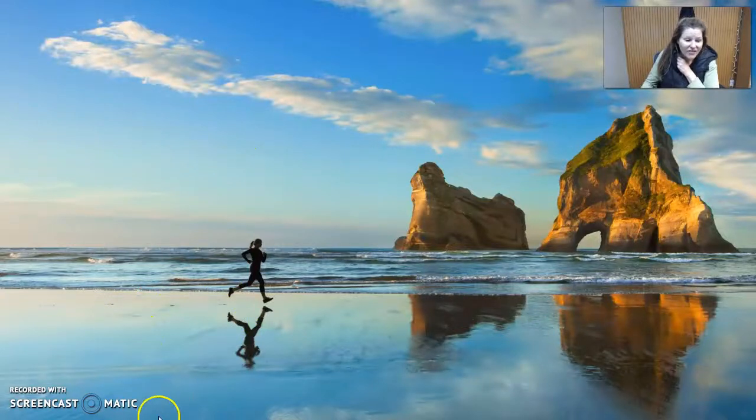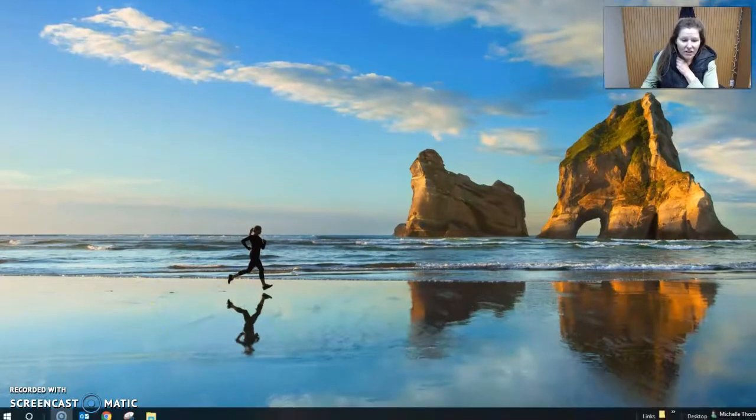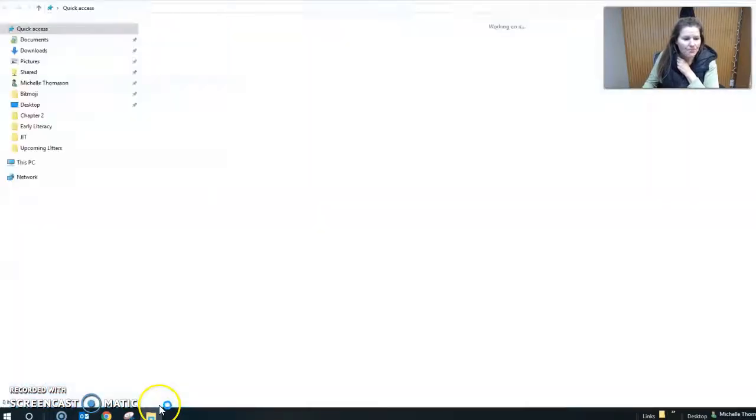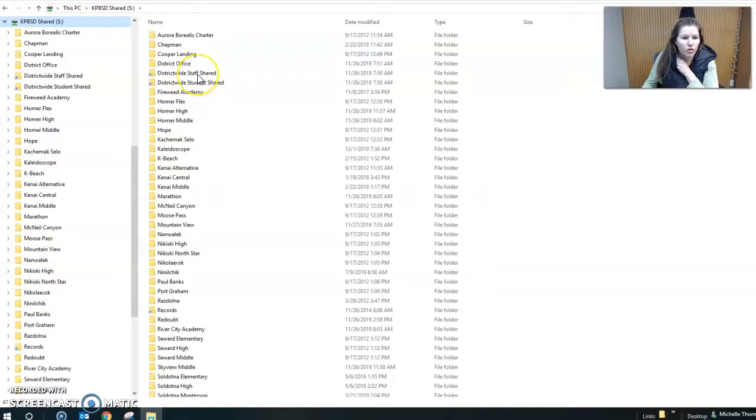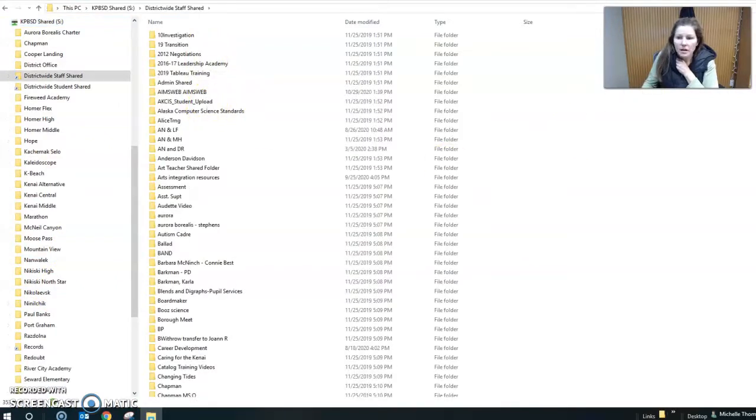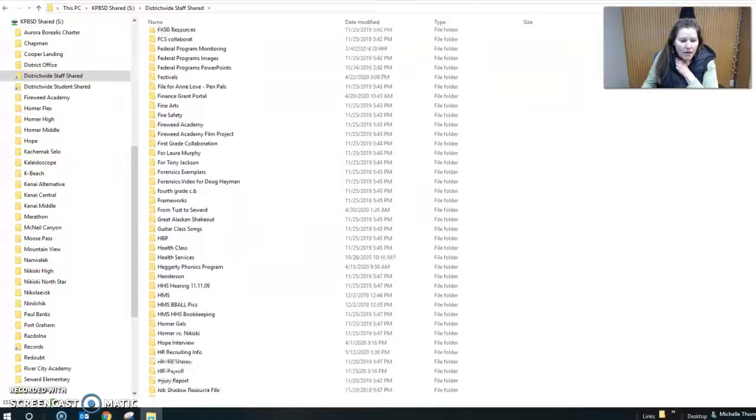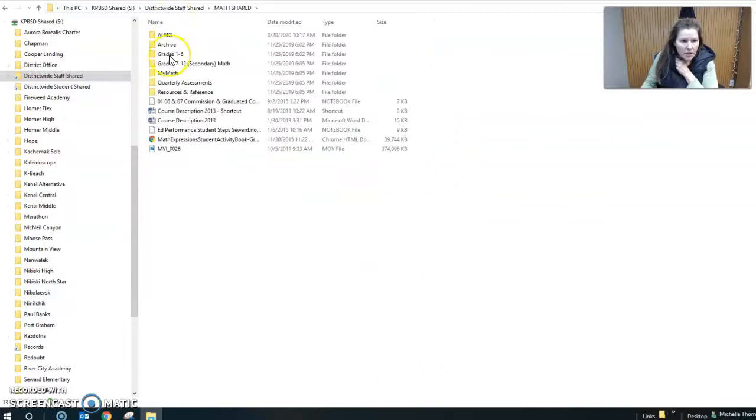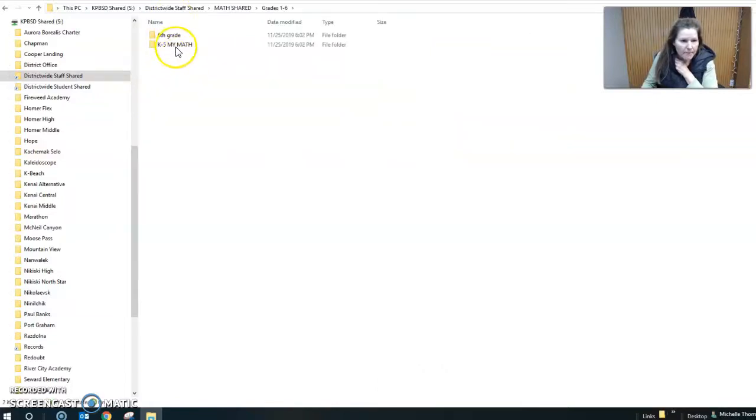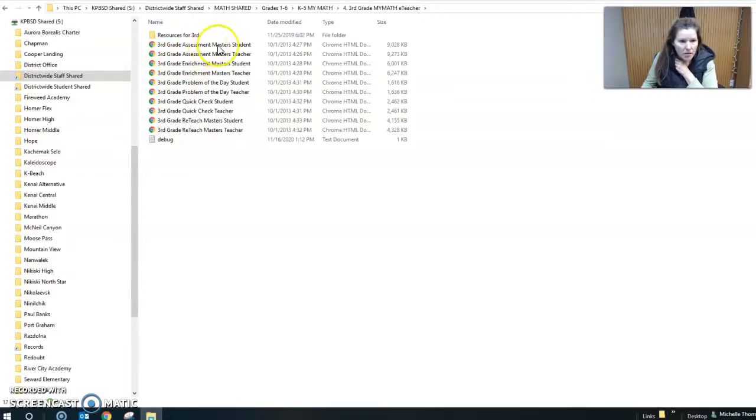Here's the path. You want to go into your files, click into shared, district-wide staff shared, go all the way down to math shared, grades 1 through 6, My Math, 3rd grade, and if you click into the 3rd grade assessment masters for students,